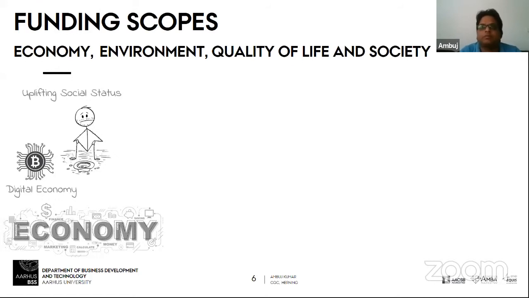Africa is coming up very nicely in uplifting their social status, and also there is a good section of funding for startups, because startups are also considered economy boosters, because you are not only creating a solution, but also creating an opportunity for jobs, and this is very much welcome, at least in Europe and the US, and other Western countries.